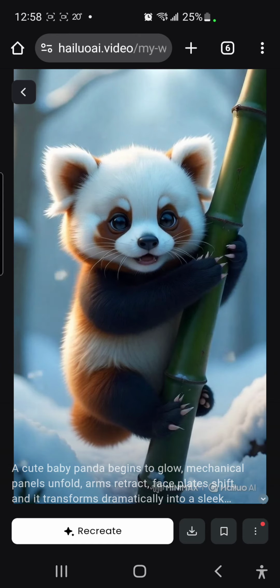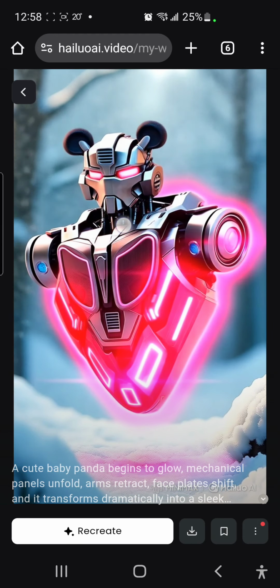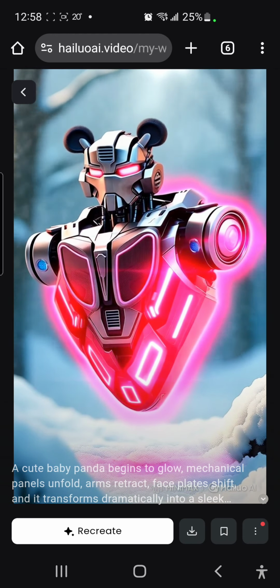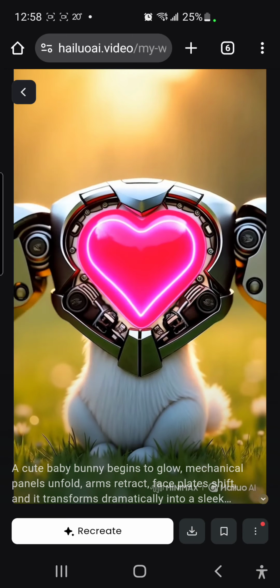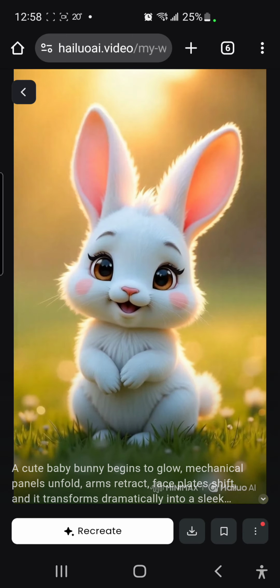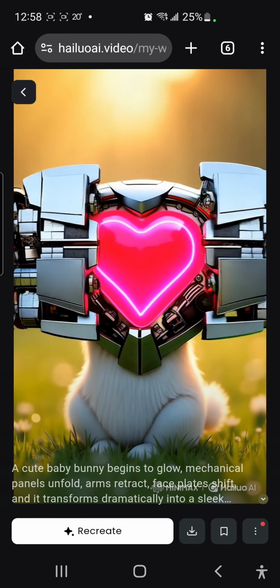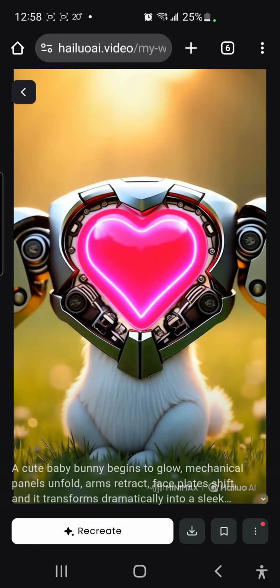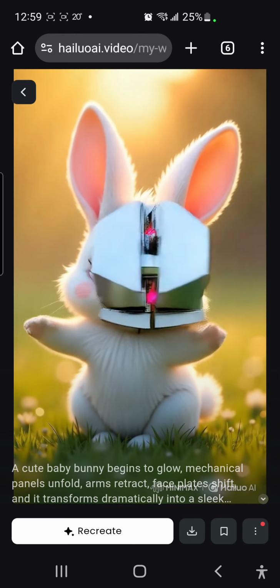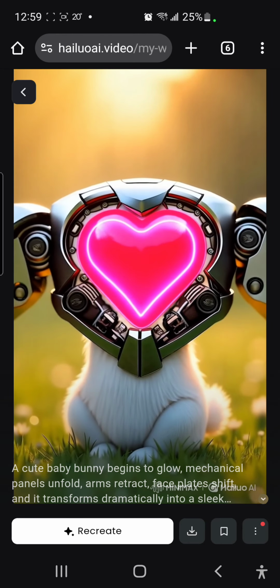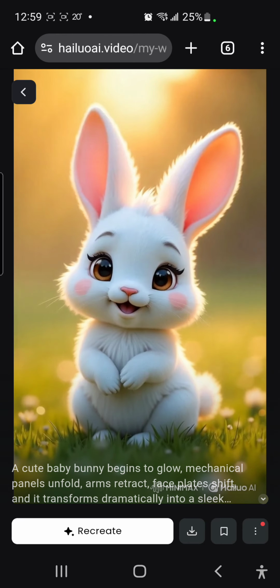So for a while, I assumed maybe that it was never going to work out, right? Okay, so this guy transforms his heart, his head goes out, and there's a heart. I mean, it's pretty close, right? But basically, what I figured out is the prompts have to be super detailed. You can't just do some simple like transform the bunny into a heart. No, you have to get to this long, detailed, almost 1,000 character explanation